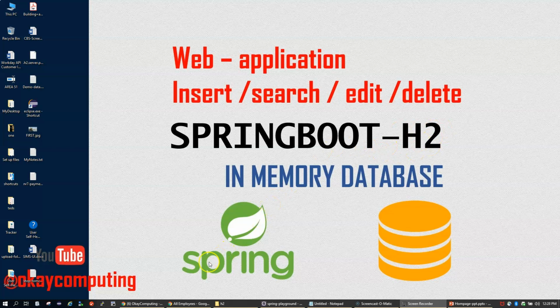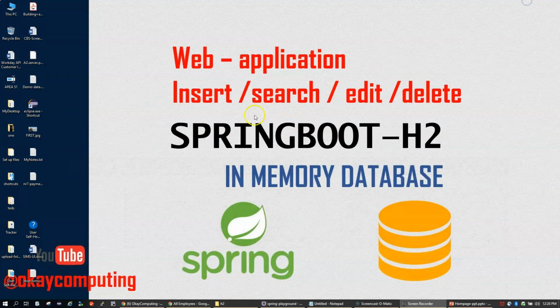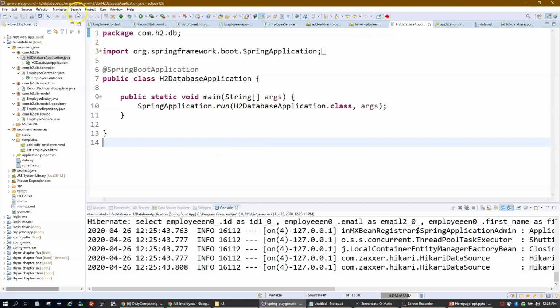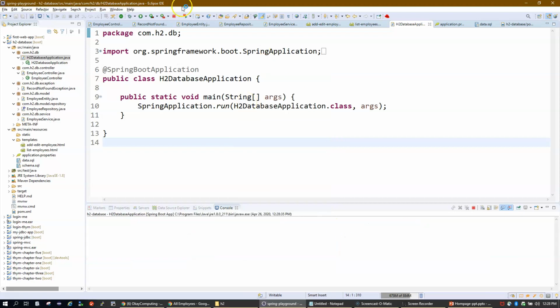If you guys are new, then in the past couple of videos we have discussed a lot about the Spring Boot H2 database. Please visit those videos and go through them once so you will get an idea about the H2 database, how it works, and what all you need to configure in your application to make it work, right? But in this video we'll talk about a web application. We'll see how to insert records in the database, and edit and delete and everything, right? I have my application code ready, so I'll simply run this application. I'll first give a demo and then we'll talk about the code.